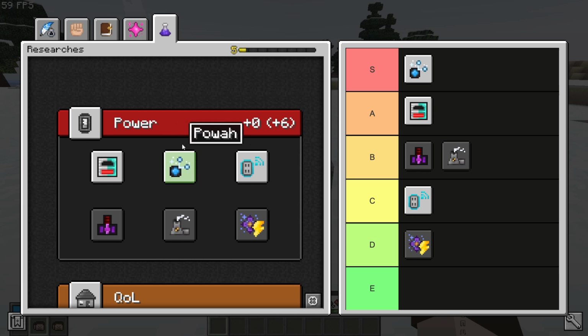So yeah, it's a very simple, very efficient, and useful power generation mode and energy transportation mode. So I do recommend you take power, as it is also very, very inexpensive and you don't need any extra mods to be able to unlock power, unlike these three over here down. After that, we have